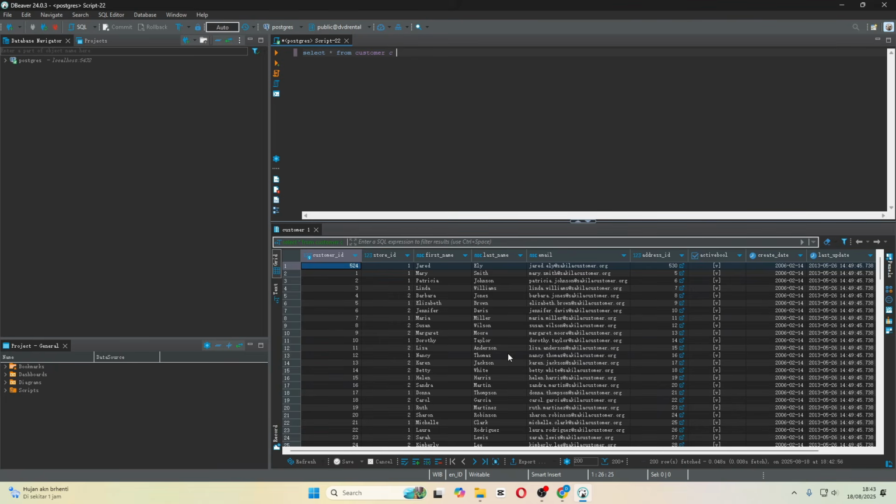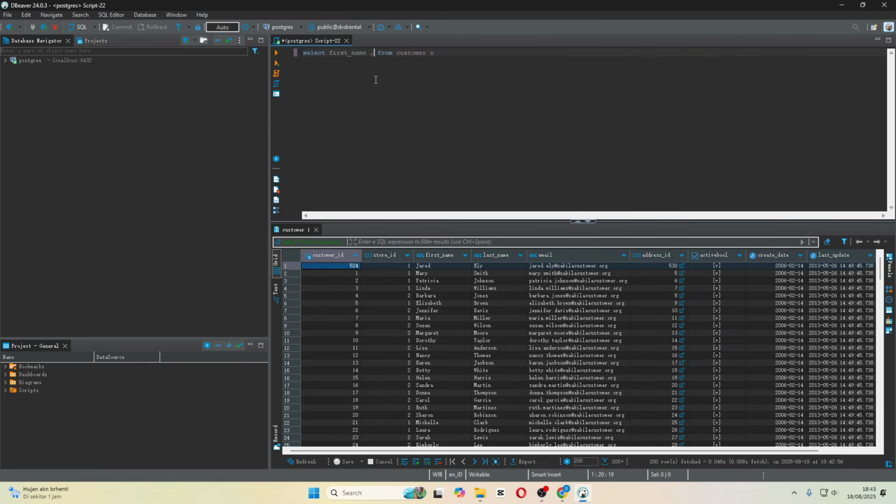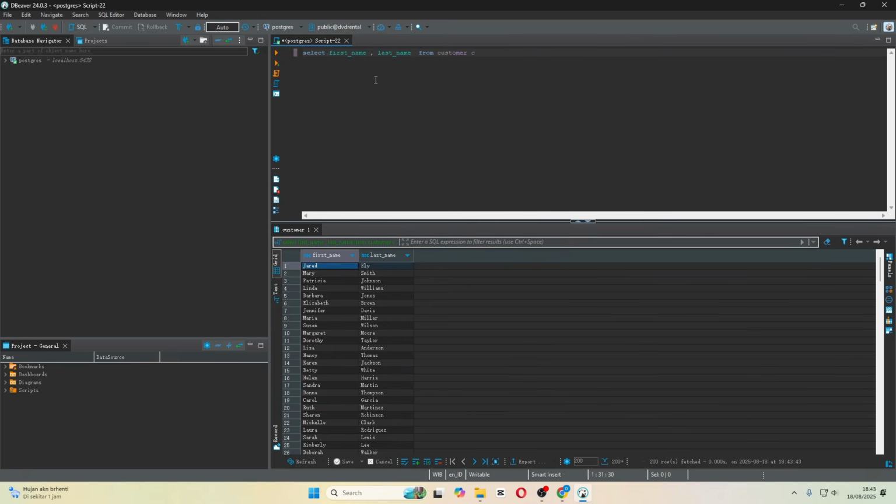We simply replace the star with the column names we want, separated by a comma. Just like this: first name, comma, last name. See the difference? Much cleaner. This is how you select specific data.